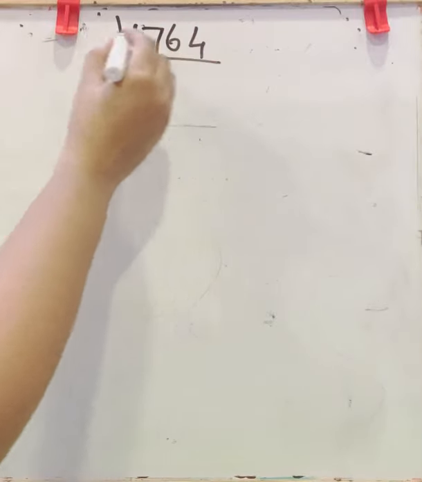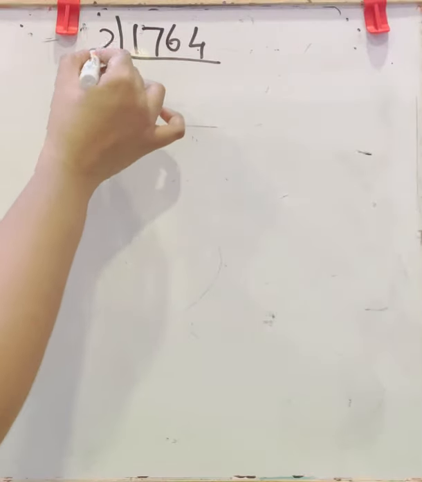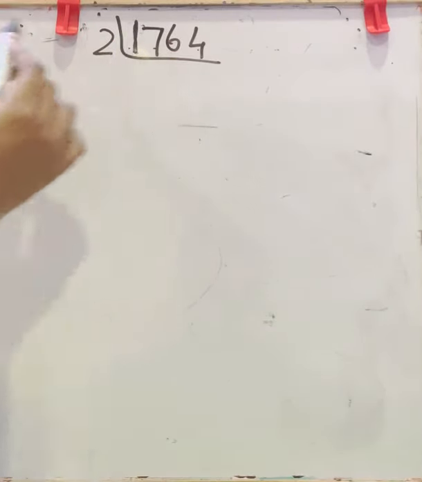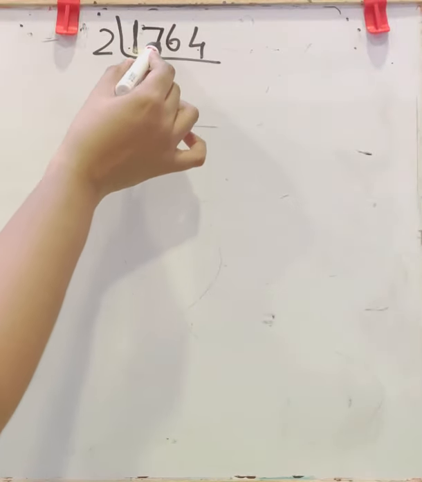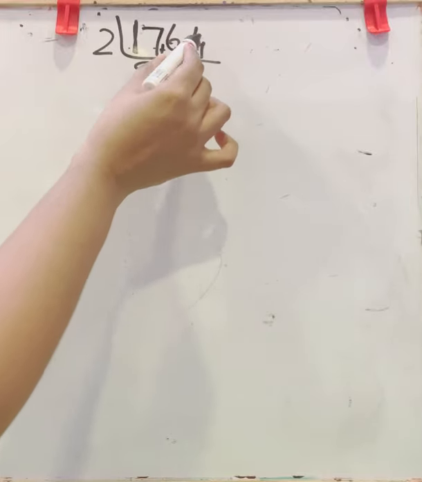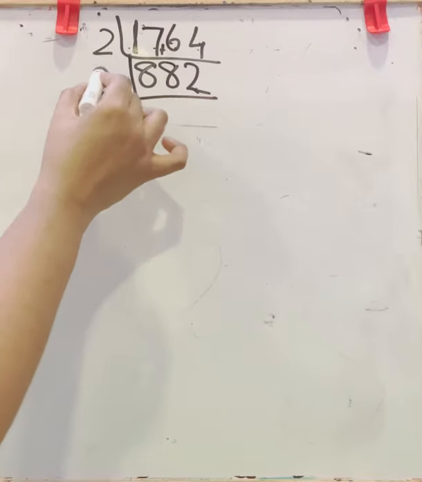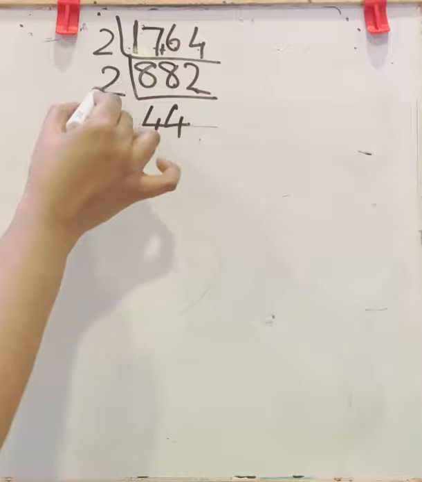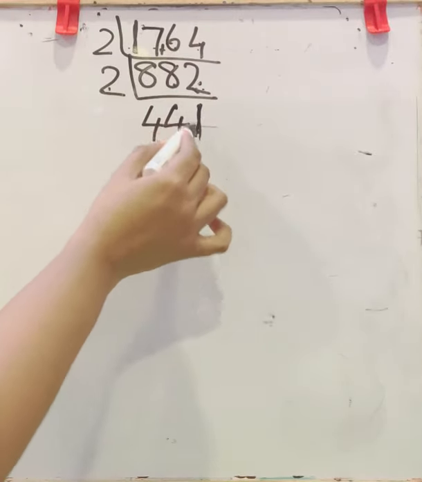1764. First you will start with 2. Yes, its units place is 4, so you can do it with 2. In 17, we can't divide by 1, so take 17 together. In 17, 8 2s are 16, balance 1. This becomes 16. Again 8 2s are 16. In 4, 2 2s are 4. Again here it is 2, so again divisible by 2. Now 4 2s are 8, 4 2s are 8, 2 1s are 2. 2 1s are 2. Now it is 1, you can't